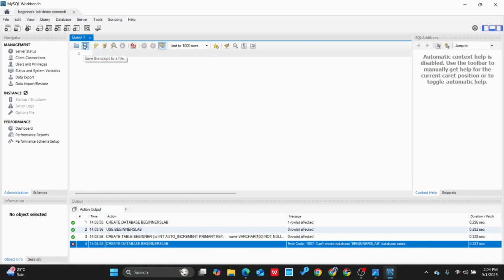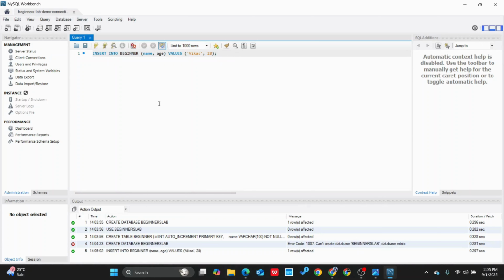Okay, so I will just insert a command of insert into beginner. Our table name was beginner. Then we have given ages, and I already have the data that I need to put here. So I'm putting this Vikas inside my table. We did. Now what I need to do is select